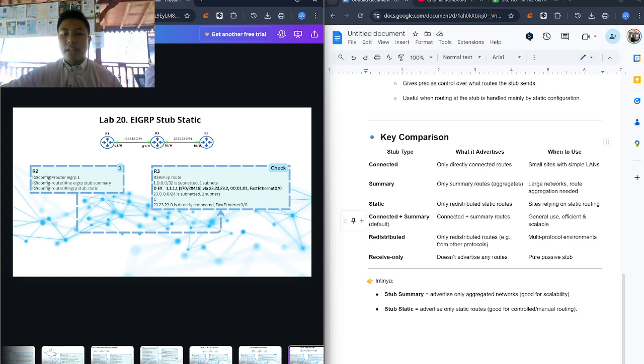Connected plus summary advertises both connected and summary routes, and is general use, efficient and scalable.